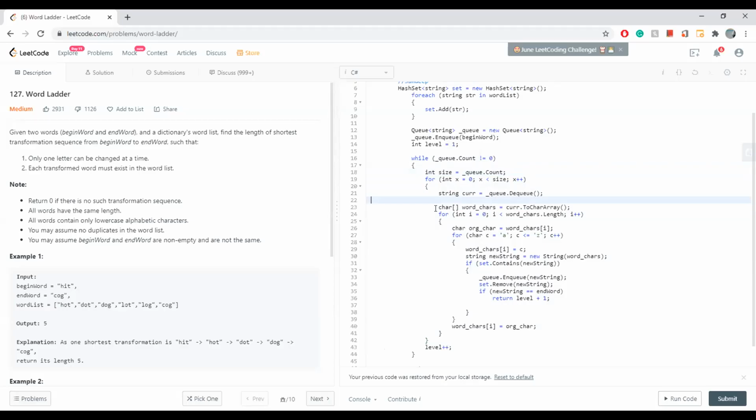So this is the part where you're trying to identify what are the other valid elements. Since the condition says it can have only lowercase letters, what I'm doing is replacing every character. So I'm taking the word to a char array at line 23. I'm looping through A to Z and replacing at each index, and checking if that particular word exists